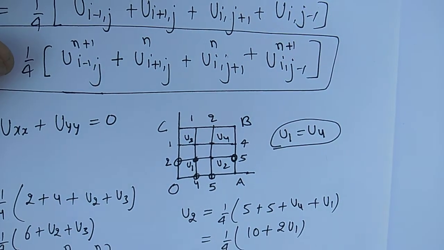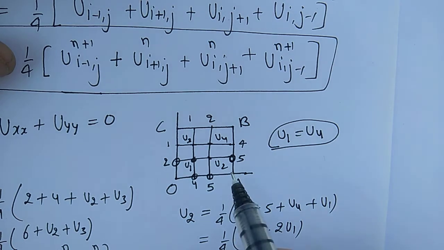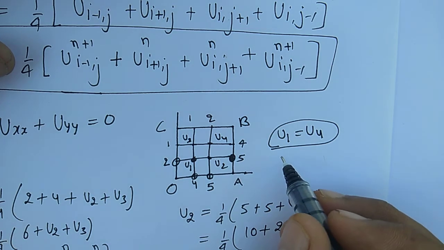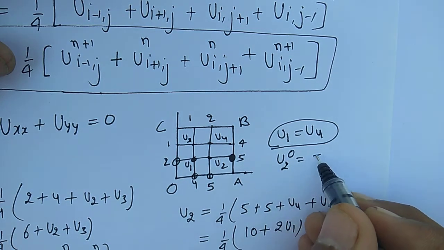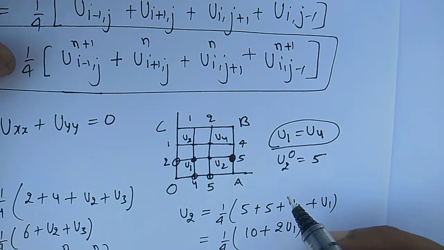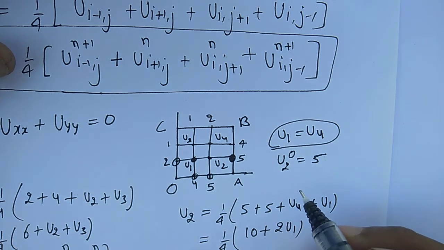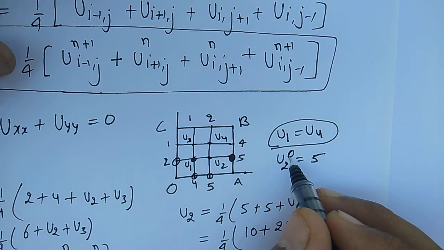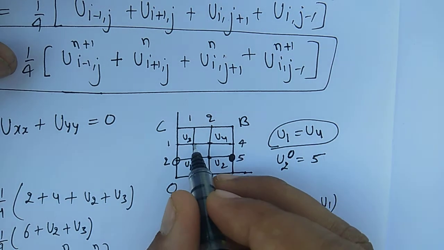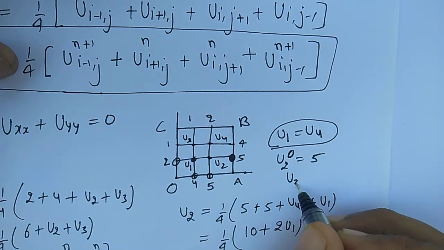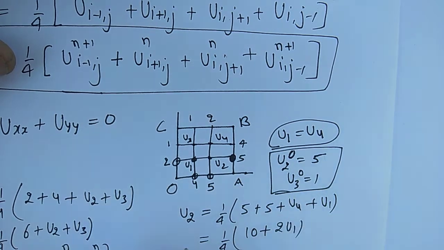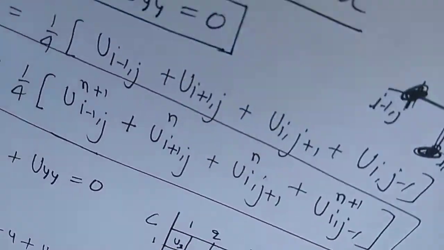Now for starting the iteration, we need some initial approximation. For u2, let us say u2 is near to 5, so let us take the initial approximation u2 (0) equal to 5. In some problems it is given as 0, 0, 0, or some problems mention the initial approximation specifically, like 1, 2, 3, whatever. Here it is not given, so we just assume: because u2 is near to 5, u2 (0) is 5, and u3 is near to 1, so we take u3 (0) equal to 1. So this is the initial approximation. Using this, let us try to find u1.